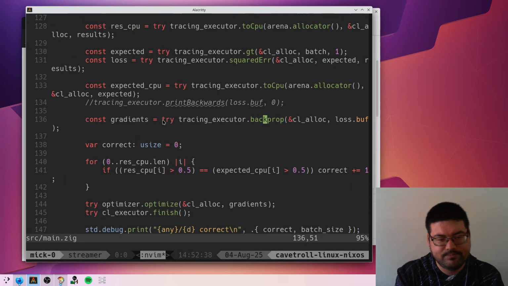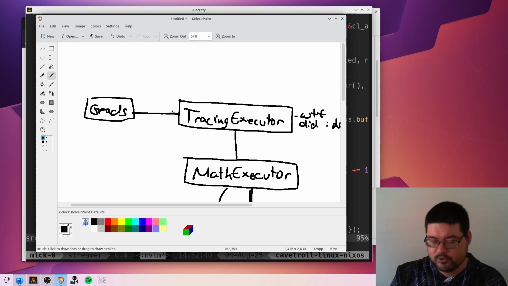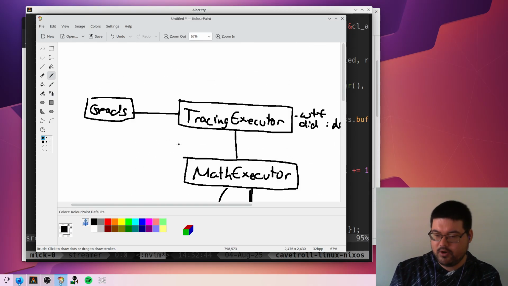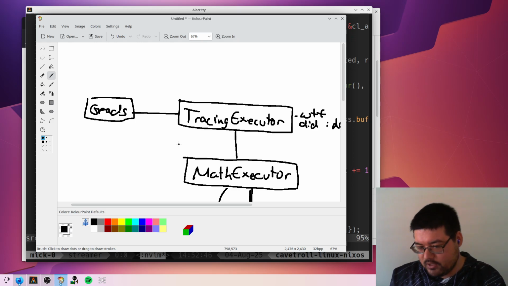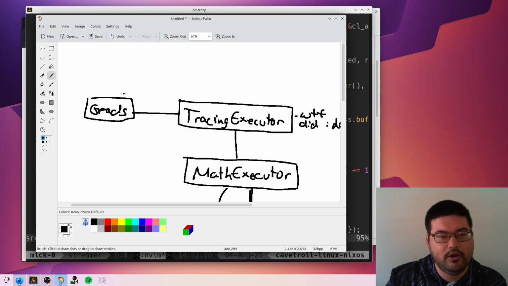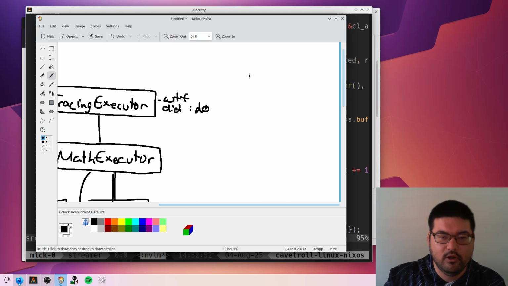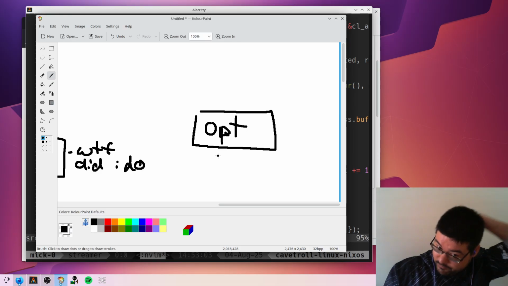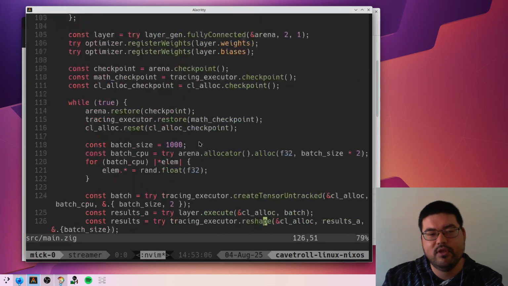So the last piece of this is once we have those gradients, we want to nudge those initial weights, right? We want to change our answer so that next time we run this, we're more correct. And so we have one more piece here. One more piece. Optimizer. So this guy, basically, for everything that we care about,